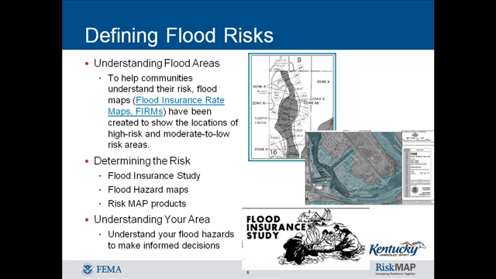To identify a community's flood risk in Kentucky, FEMA, in conjunction with the Kentucky Division of Water, conducts a flood insurance study. FEMA uses the data gathered in the flood insurance study to create the flood hazard maps that outline your community's different flood risk areas. Changing weather patterns, erosion, and development can affect floodplain boundaries. FEMA is currently updating and modernizing the nation's flood insurance rate maps.